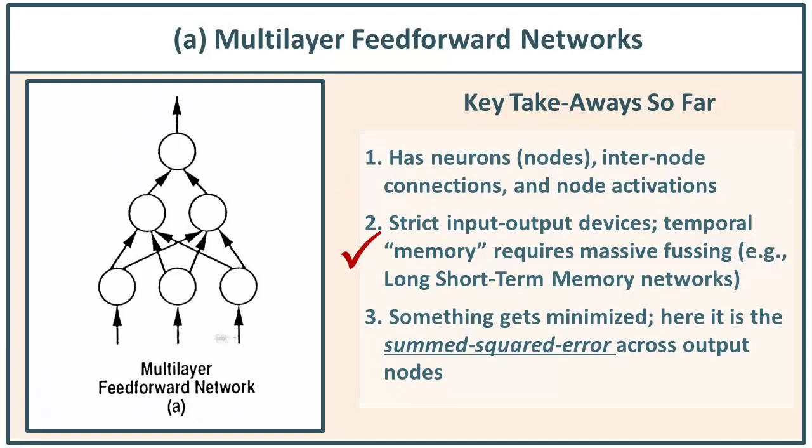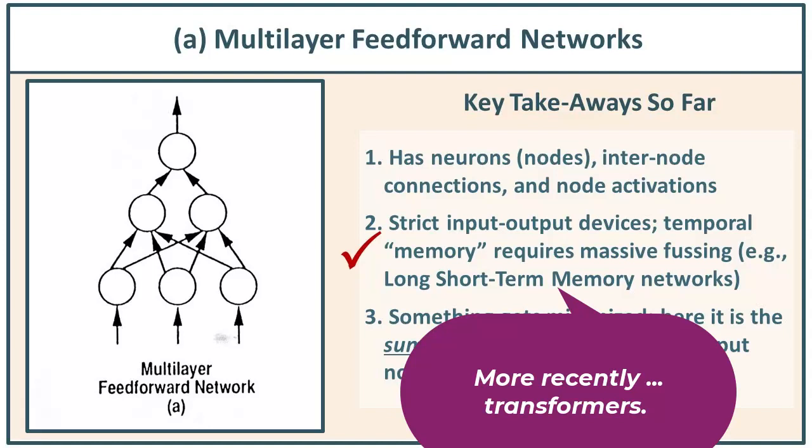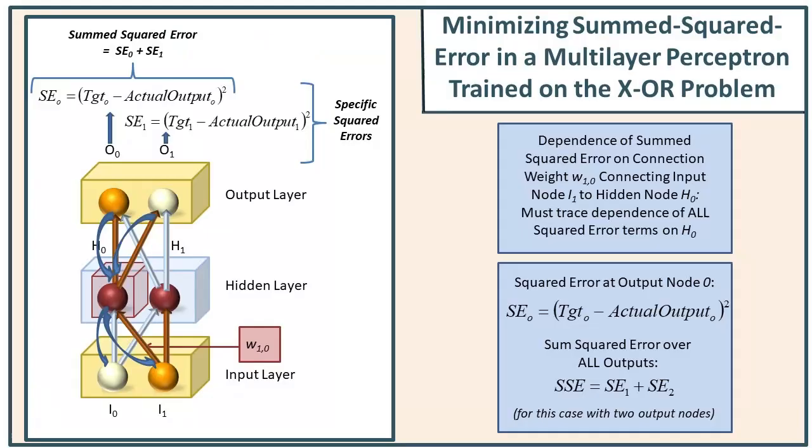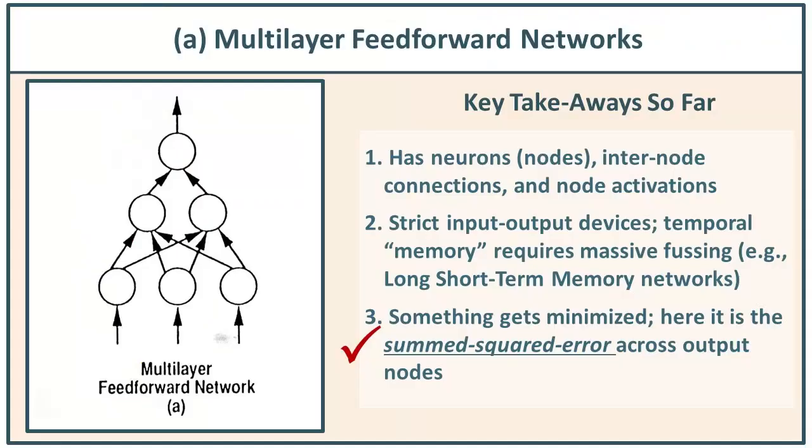If you want to have temporal memory, it requires a lot of fussing, something like a long short-term memory. Or, of course, transformers. Finally, something always gets minimized. In the case of this straightforward multilayer perceptron type of architecture, stochastic gradient descent, for example, backpropagation. We have a pretty good handle now on that first class of neural networks, the multilayer perceptrons, so let's move